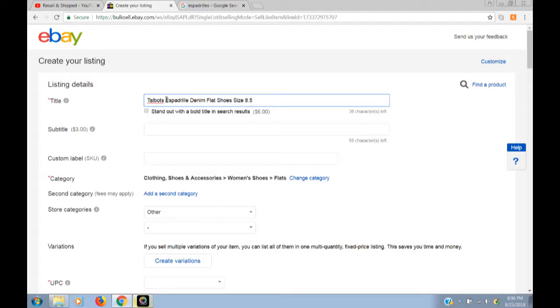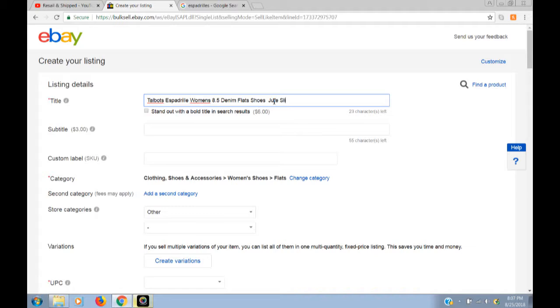Now I'm going to change this up and leave that there and then put women's 8.5. No, because he really doesn't like marks like that in there, but you really can't not put in the 8.5, and then just do denim flat